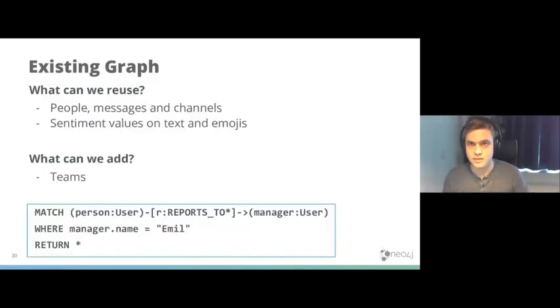And that by itself is already super interesting because it allows you to contextually search along this graph. So that was enough for our first use case. And then adding the aspect of remote collaboration, we wanted to extend this graph with team information. So we took some data from our internal database and we extended this into the graph.